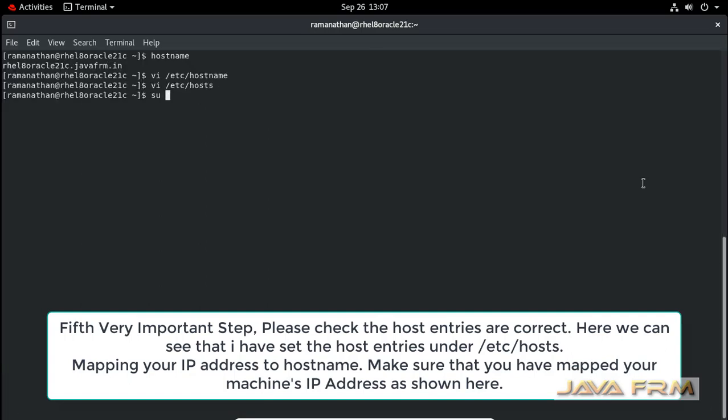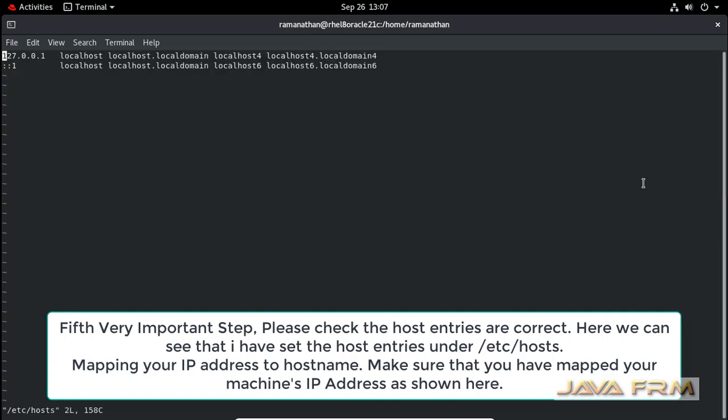So what I am going to do is map the IP address to the host name. I am editing this /etc/hosts file as the root user. Only the root user can edit this file. I am typing the IP address of this machine. Next I am going to map this host name, that is, the fully qualified domain name. Next I am going to map the alias name also.